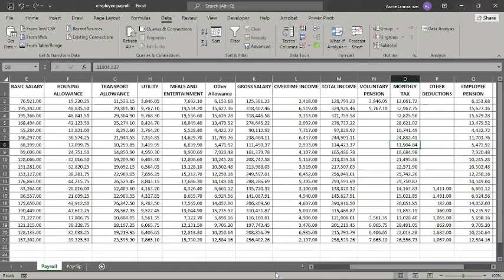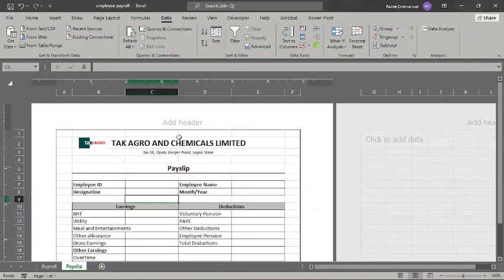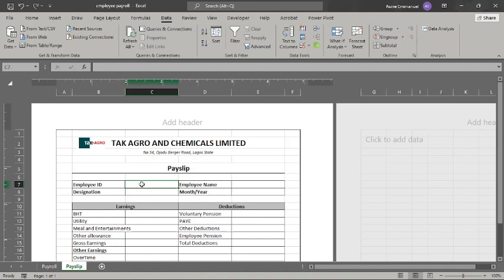Instead of typing in these details in a payslip, you can actually automate them by looping information into the payslip. So this has actually been generated. We use the employee ID as a loop for the other information here. To get the employee ID, instead of typing each employee ID, we'll